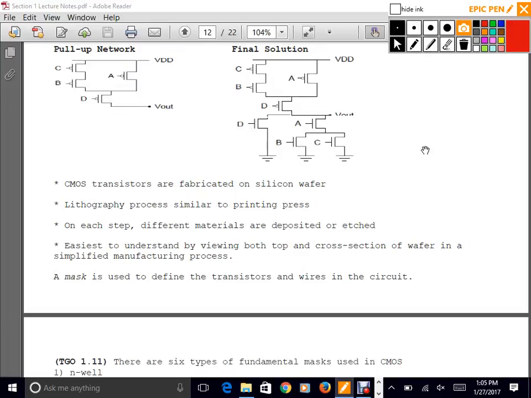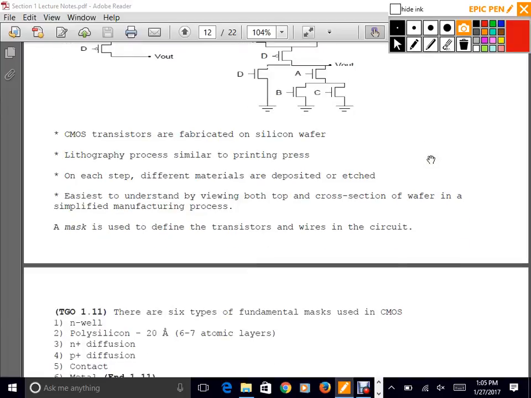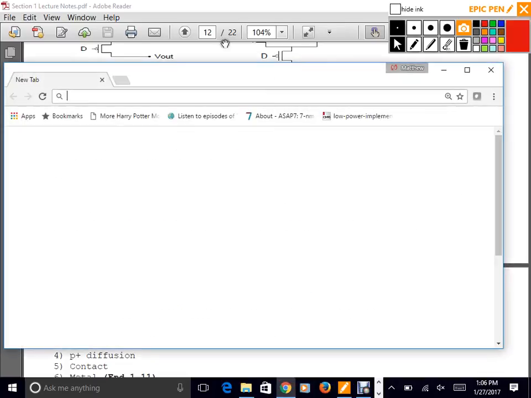Okay, so in order to further understand how transistors are put together, in order to understand how these stick diagrams work, we want to go into the different aspects of the fundamental masks using CMOS. And what I've used by mask is that we actually have these different layers that are put together. And what I can actually do,